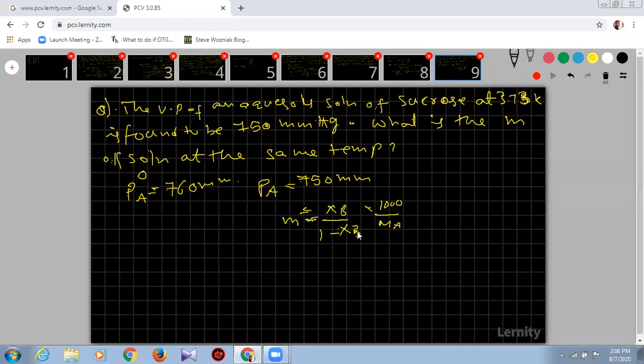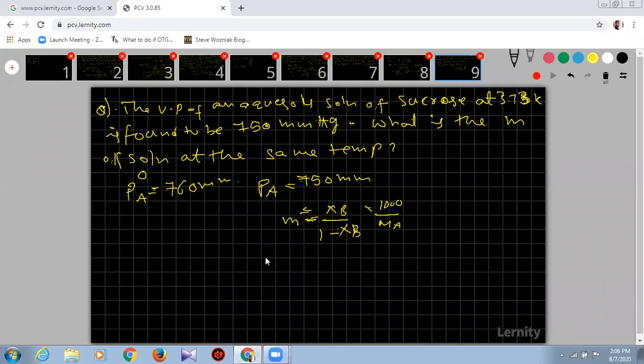Now here we are discussing the colligative properties. In the colligative properties, the number of moles of solute will be negligible, because these are number-dependent properties. So colligative properties are applicable for a very dilute solution only. Not even for a concentrated solution, it won't be applicable here. So that's why 1 minus XB, where XB is a very negligible value, I don't consider that.